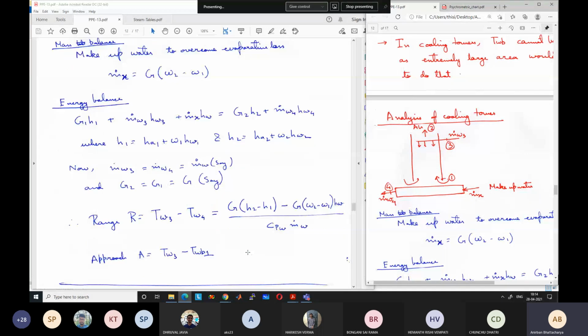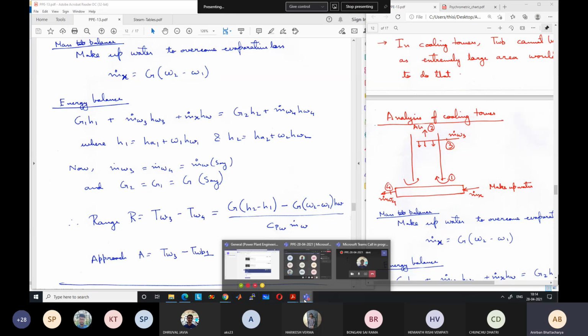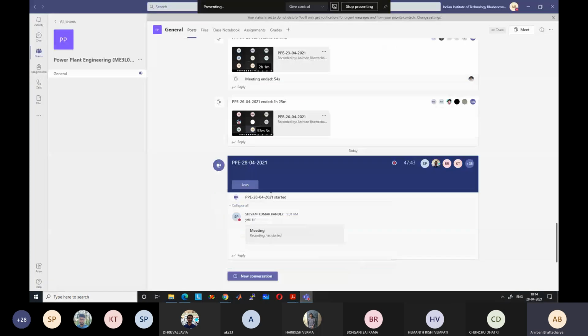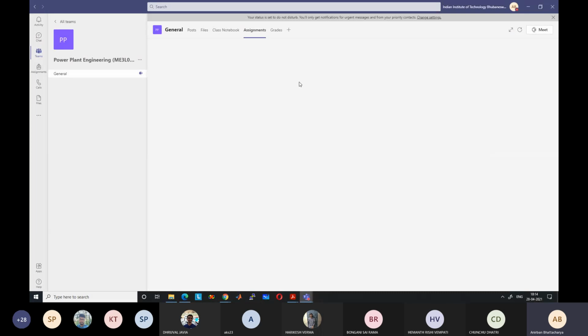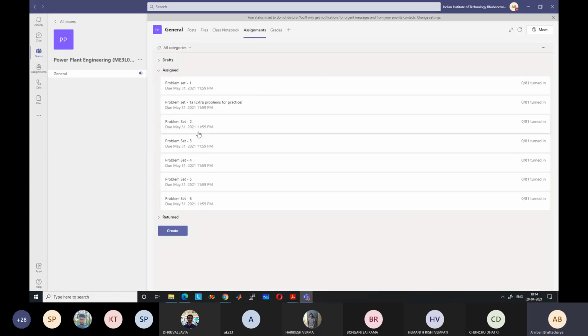Okay, so let us take a break of 5 minutes, and then I will go through a couple of problems on the condenser and cooling tower. And remember that I have also uploaded a few problems in the problem sets. Okay, so you have to go to the assignments, and you will see problem set 3, which is for fuels and combustion. Problem set 4 is for nozzles. Problem set 5 is for turbines, and problem set 6 is for condenser and cooling tower. Okay, so a few problems are there. You should try to practice them on your own, and then only check the solutions. And you can practice more problems from the books also. I will let you know after the class.